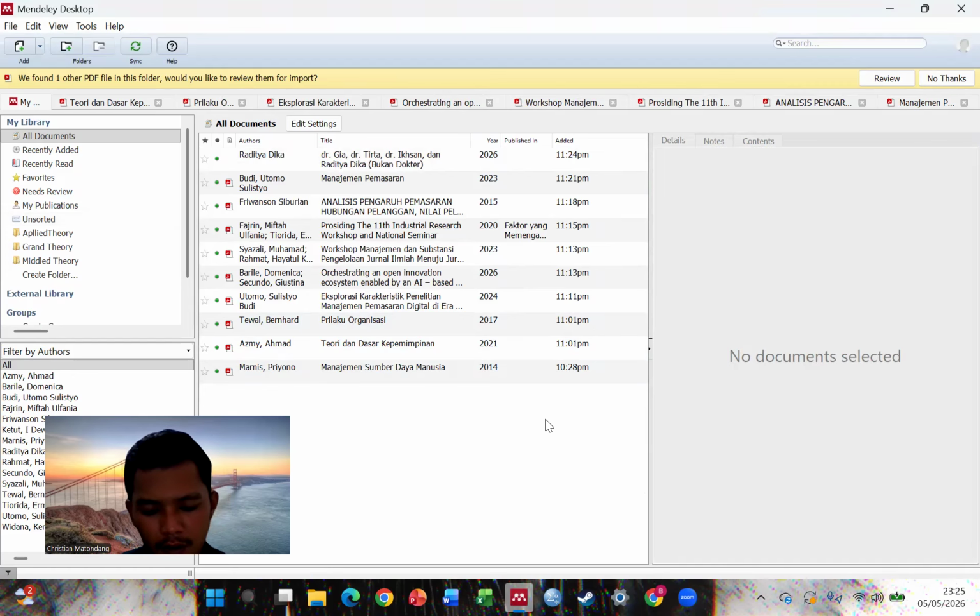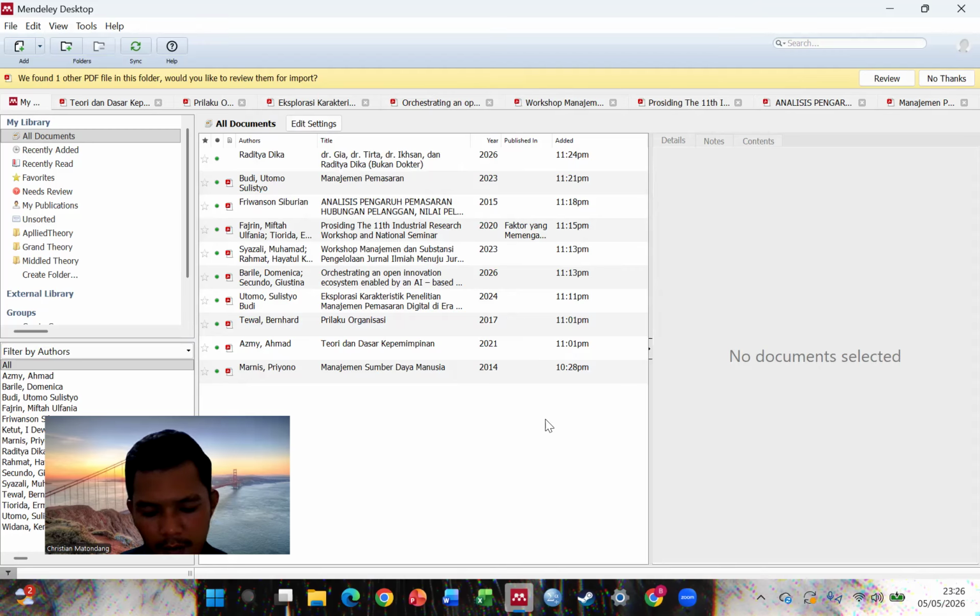Now, I will show you how to manually add a reference from a web page. The steps are: click Add New, then select and enter it manually in the type section. Make sure to select web page. The information we need to complete is title, the title of the article or the web page. Author's name, if there is no personal author, you can use the organization name.